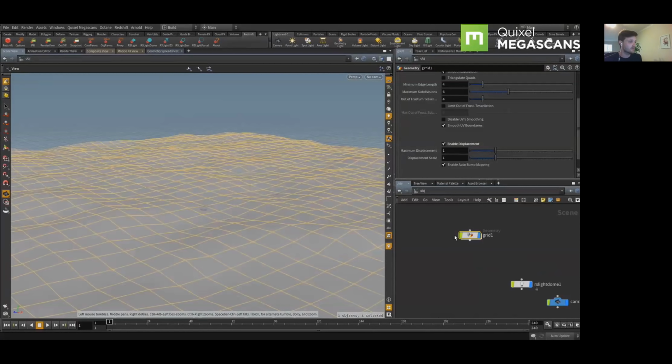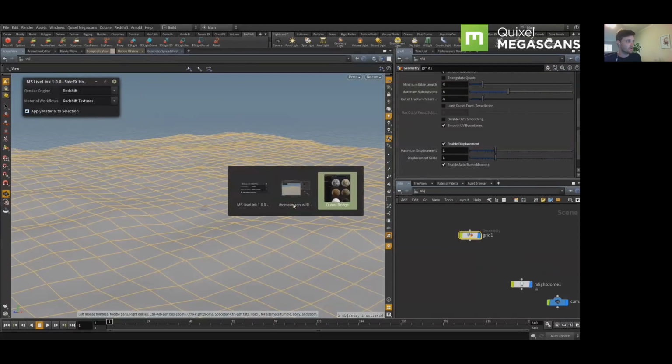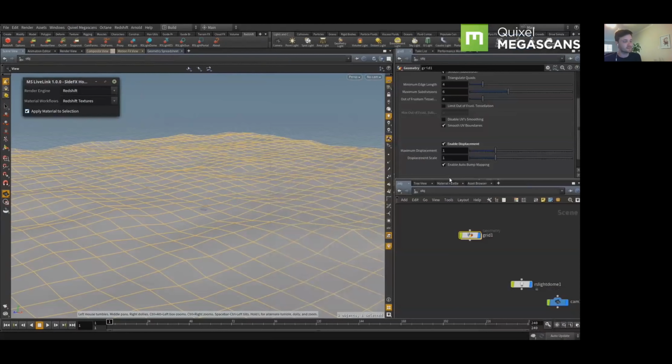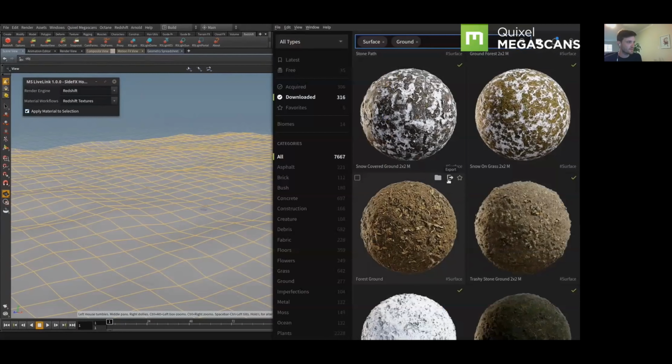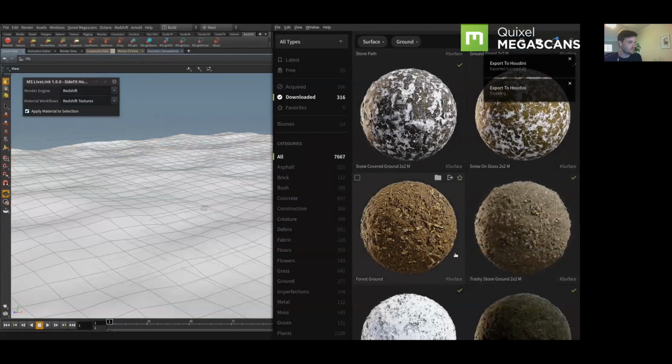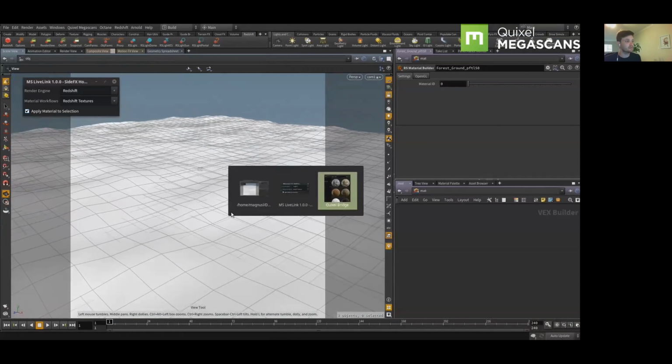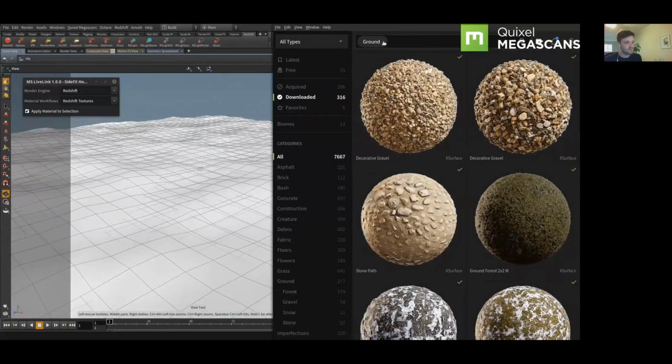diorama scene. So the first thing you always want to make sure that you do is launch the LiveLink tool, set the render engine that you want to be working with, and your material workflow. From there, you can just go into the Bridge and export any asset of your choice. Depending on what you have selected in Houdini will determine its content-aware placement of that asset